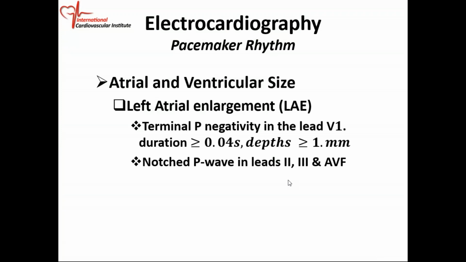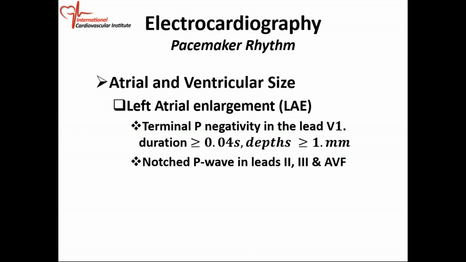Okay. So we have just a few more topics to finish up electrocardiography. What we're going to do now is use the ECG, EKG to determine chamber enlargement. So you can look at the surface ECG and determine if the left atrium, the right atrium, the left ventricle, the right ventricle is enlarged. All right, so that's what we are going to